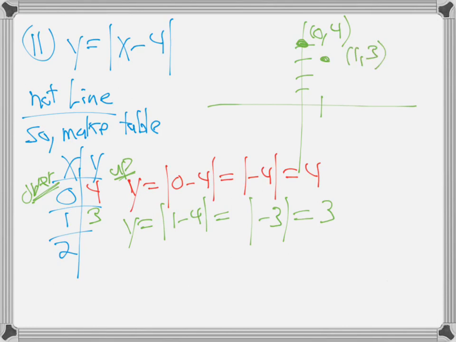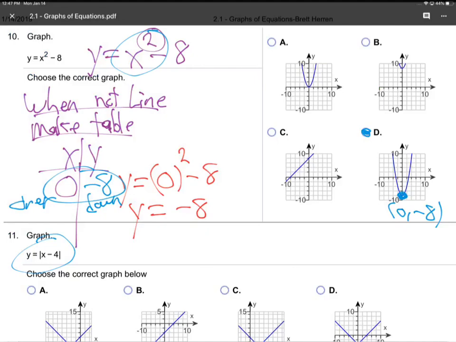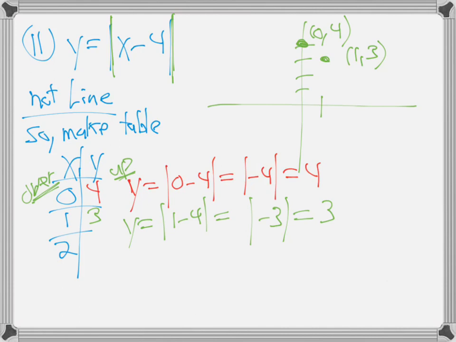There's another dot. Now, anybody know absolute value graphs? They have a certain look. X squared graphs are always U shapes, like this one. What does an absolute value graph always look like? It's a V, straight up or down. It's going to be some kind of V. Let's see if we can